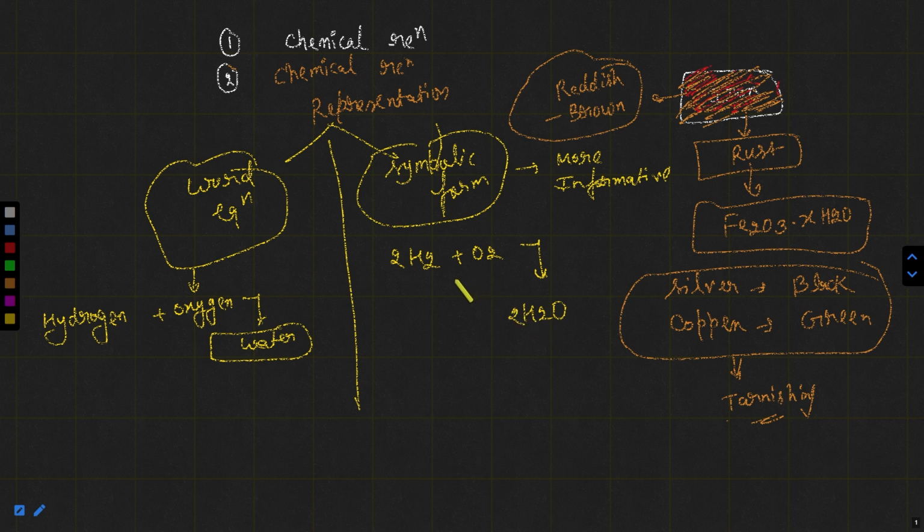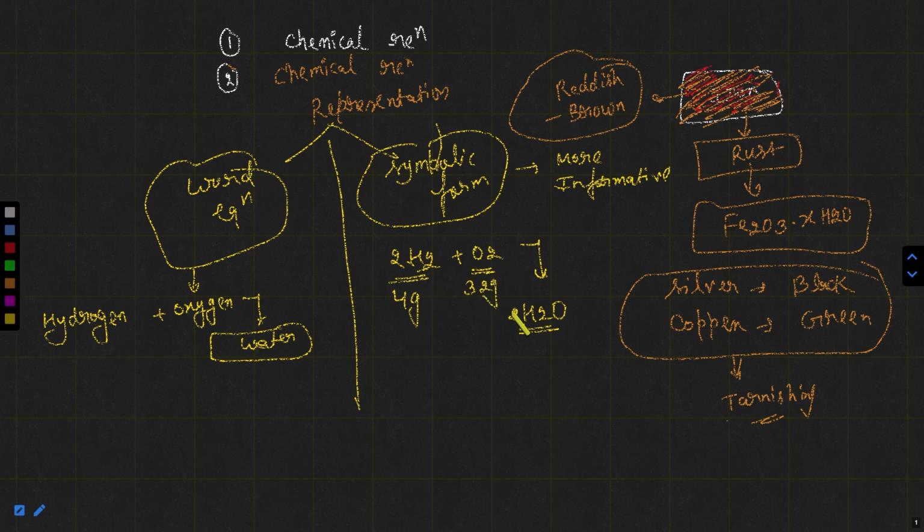Now it is clear from this equation that 2H2, that means 2 molecules of H2, react with 1 molecule of O2 and give 2 molecules of H2O. Or in terms of moles, 2 moles of H2 react with 1 mole of O2 to give 2 moles of H2O. Also, the hydrogen mass is 1, so for 2 hydrogen it is 2, for 4 hydrogen it is 4. So 4 gram of hydrogen reacts with oxygen, where 1 oxygen is 16, 2 oxygen is 32,